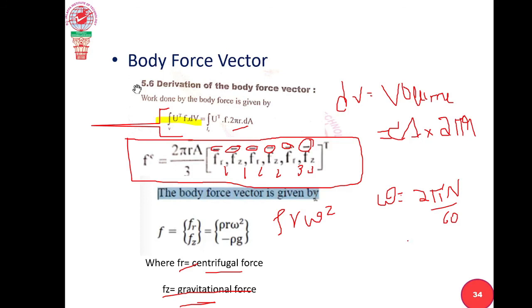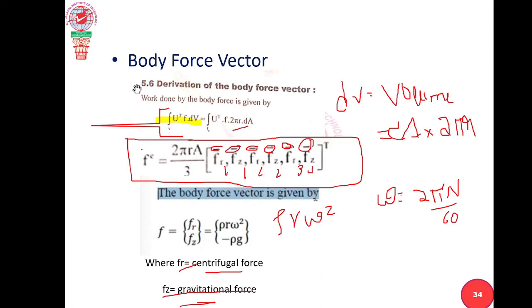If you know the speed, you can find omega, the angular velocity. Similarly, how to find Fz? Gravitational force, that is minus rho into g. So once you know Fr and Fz,